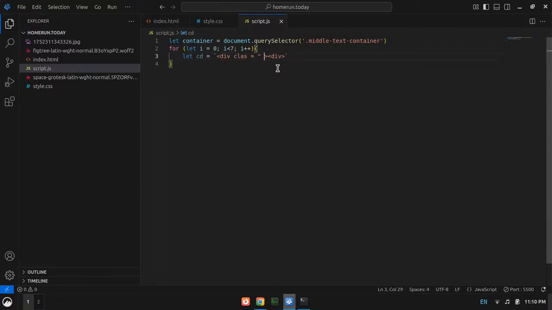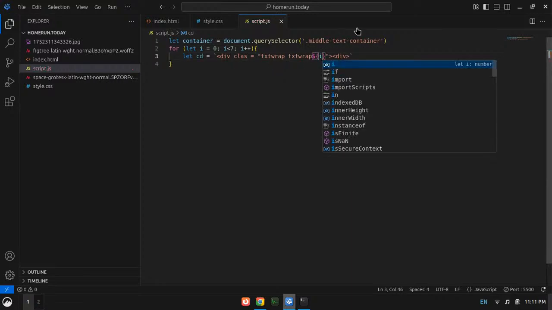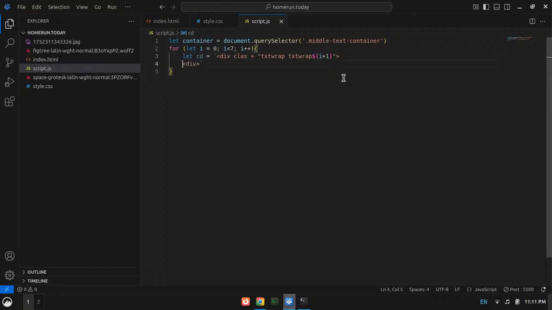So one class would be txt-wrap and another class would be txt-wrap${i+1}. Okay, that is going to work, and inside that I need 2 h1s.